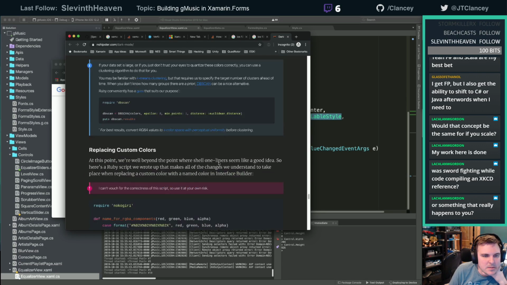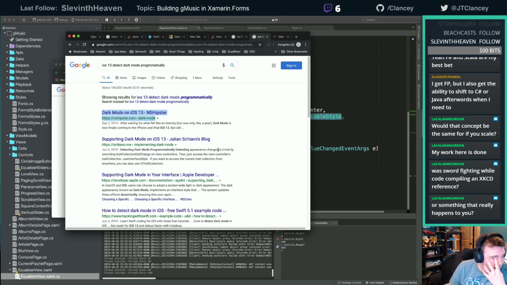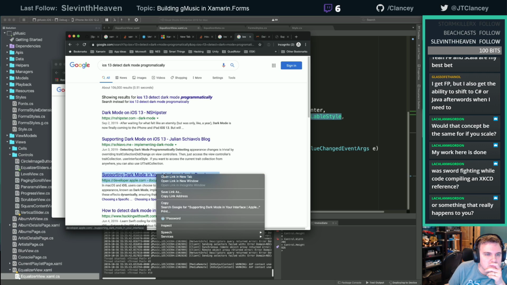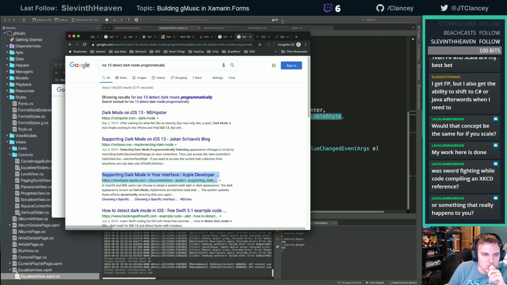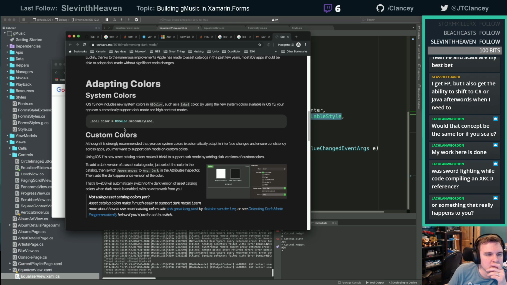Man. That's just on replacing the colors. There's got to be a way to tell what it is. Trait collection did change. There we go. Finally, somebody giving it out.